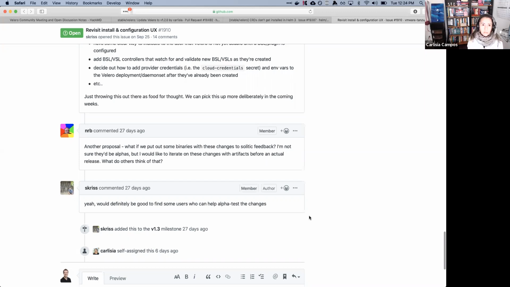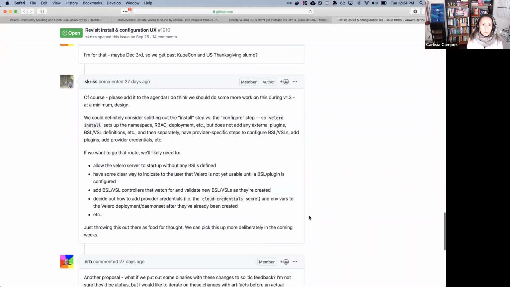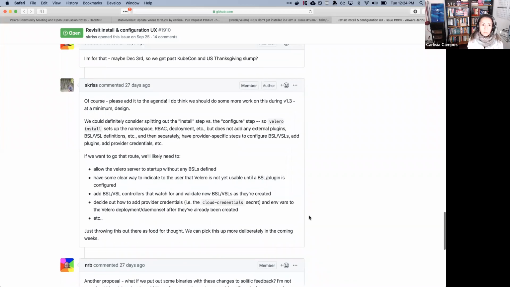I think that could be reasonable because we could think there would be different workflows. For example, a person who will install Velero might have certain permissions that the person who's going to create a backup doesn't have. And then the question is, which one of these two operators would have the permission to create a backup storage location?